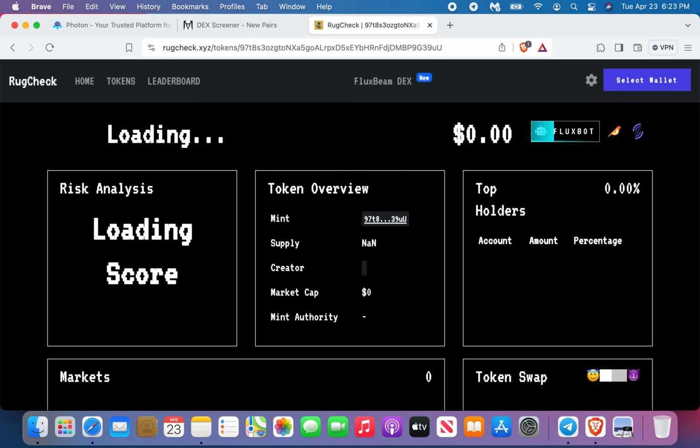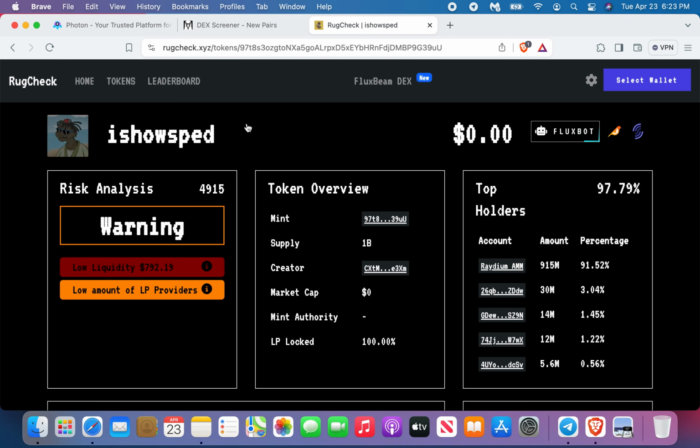Let's do a quick rug check. It's important to do this as well. I'll leave the description here as well. Warning, low liquidity. And that's very important, guys, because when you're trading new coins, if it has low liquidity, your trades will have bigger slippage,